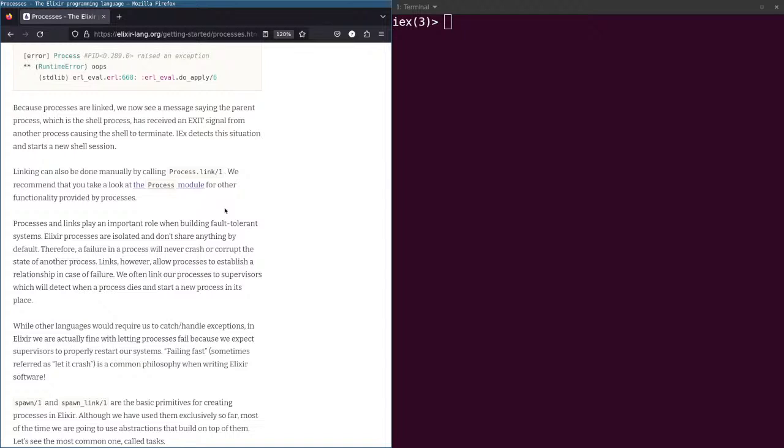Therefore, a failure in a process will never crash or corrupt the state of another process. Links, however, allow processes to establish a relationship in case of failure. We often link our processes to supervisors, which will detect when a process dies and start a new process in its place.